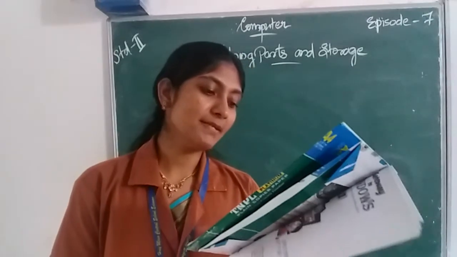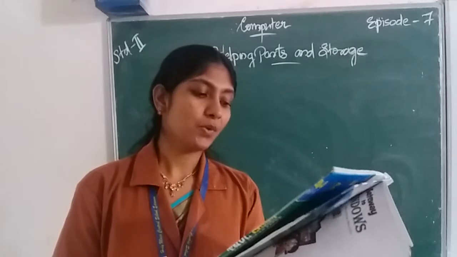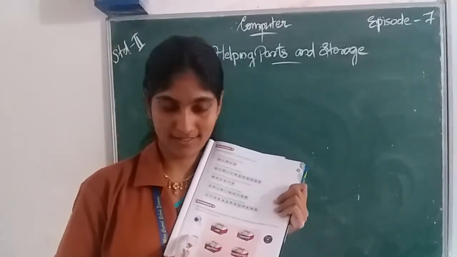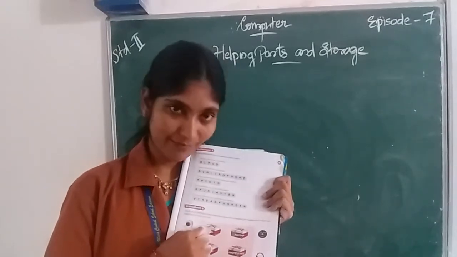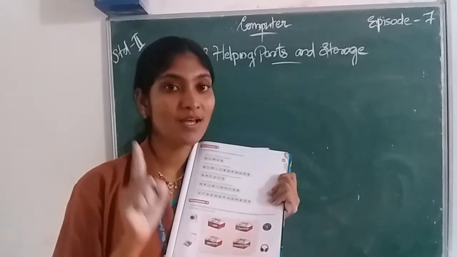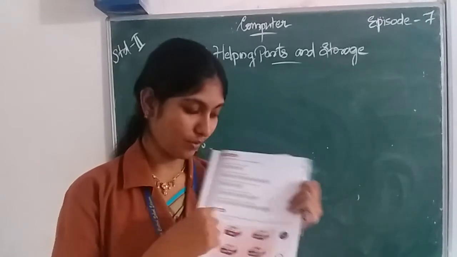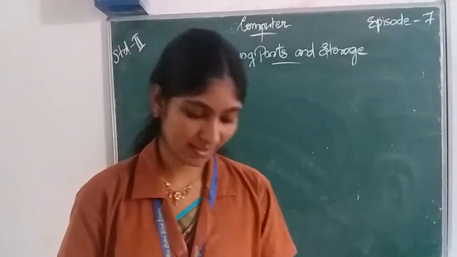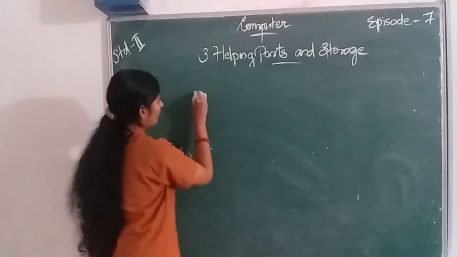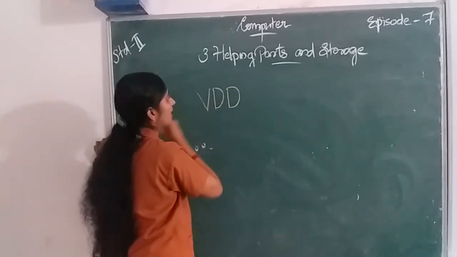Each set of jumbled letters has the name of a computer part hidden in it. Find it out and match it to the picture. So, there are 4 gift boxes and each gift box contains a word, but it is incorrect. So, you have to rearrange the word and correct it, then match it with its picture. So, let's do it. First box contains V D D.